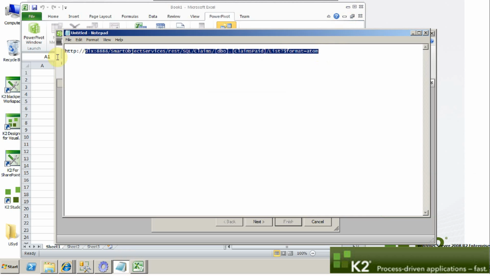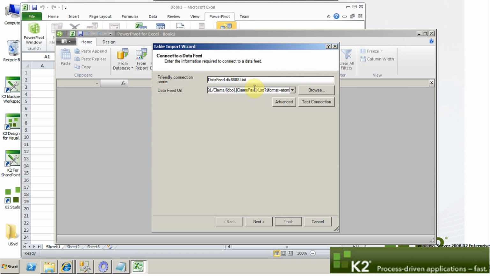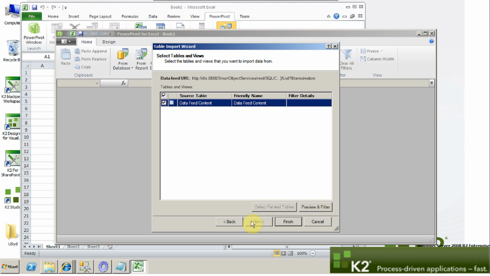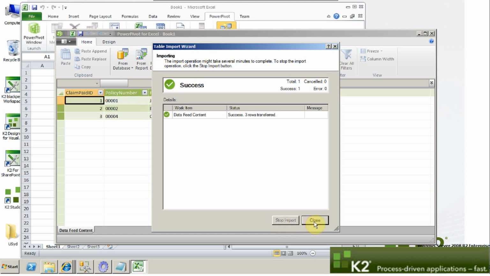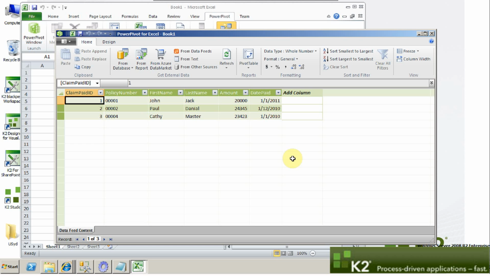I've just added some Atom formatting which the PowerPivot requires. And test it. Test successful. Let's hit next. And there we go. So in 5 minutes I've built a new SQL database, a new table, generated